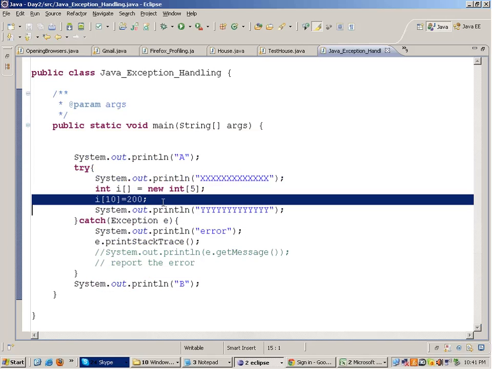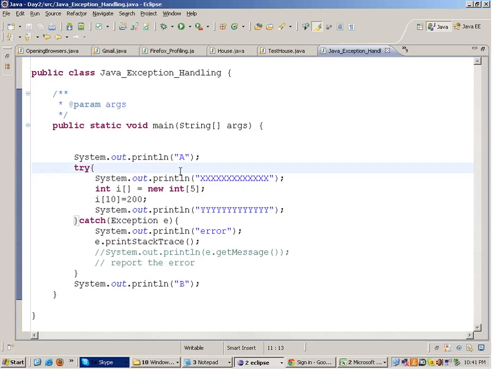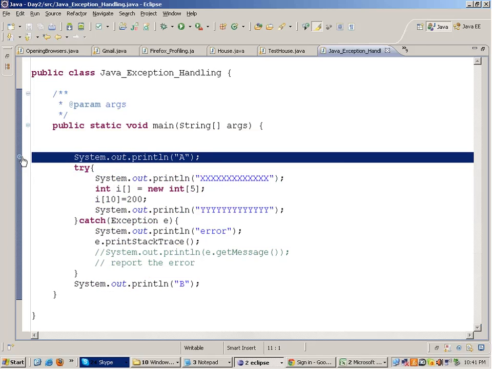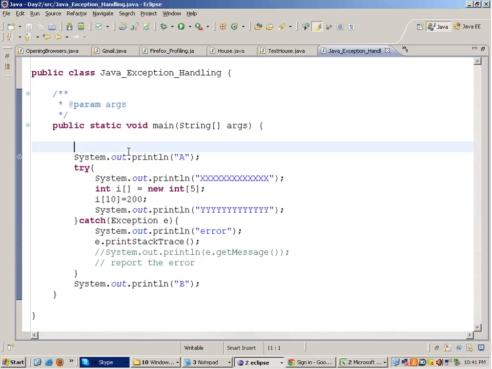You can debug this program and check it out. Debug means run the Java program line by line. Sometimes in C also you debug the scripts, right? I'll just tell you what debugging is. To debug this program, you double click in front of this line. When I double click in front of this line, a small blue dot comes up, and you click on this debug icon over here. Not the run icon, but this debug icon.